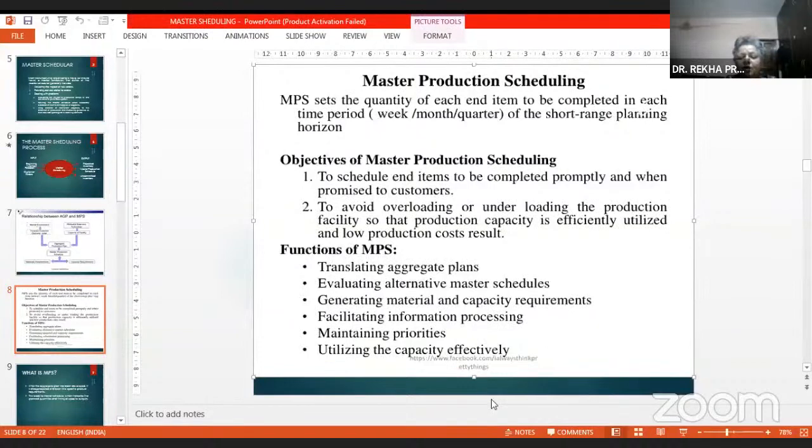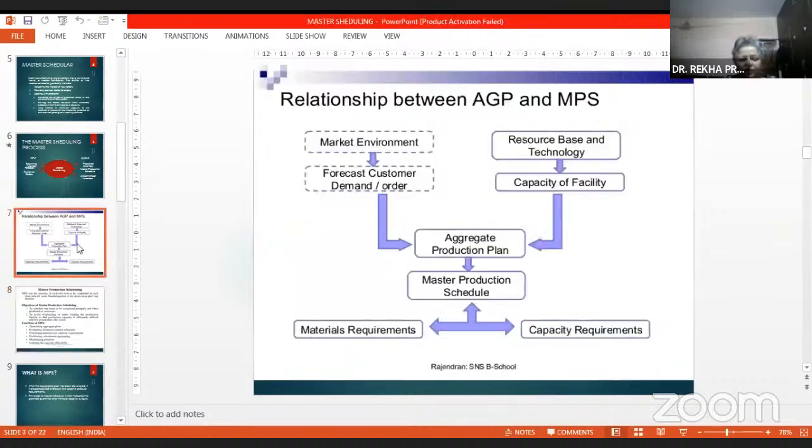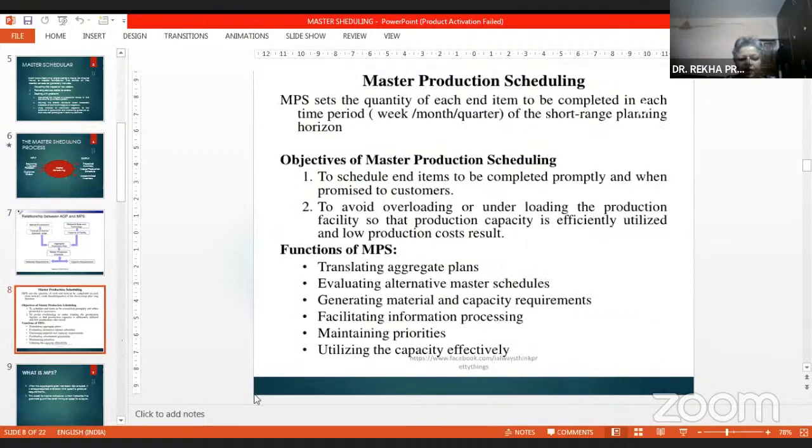Then you have to see what materials are required from here, as it has been shown over here also, material requirement and capacity requirement. Both are generated from your master scheduling. And naturally, facilitating information processing. See what all information is required to produce the desired result.